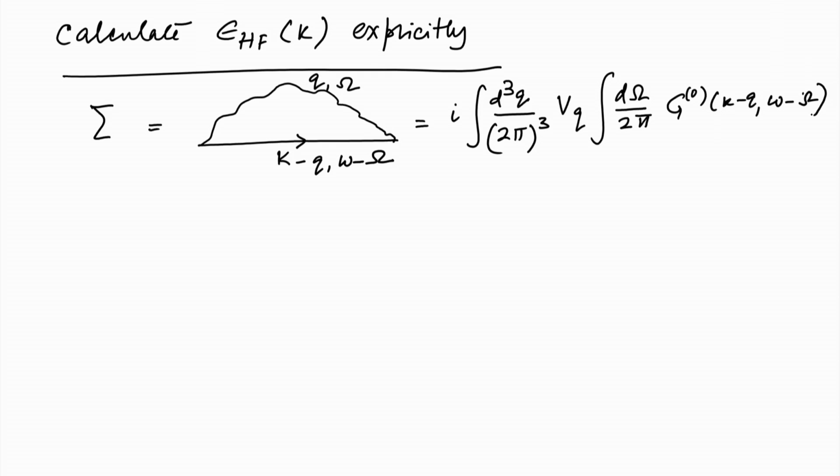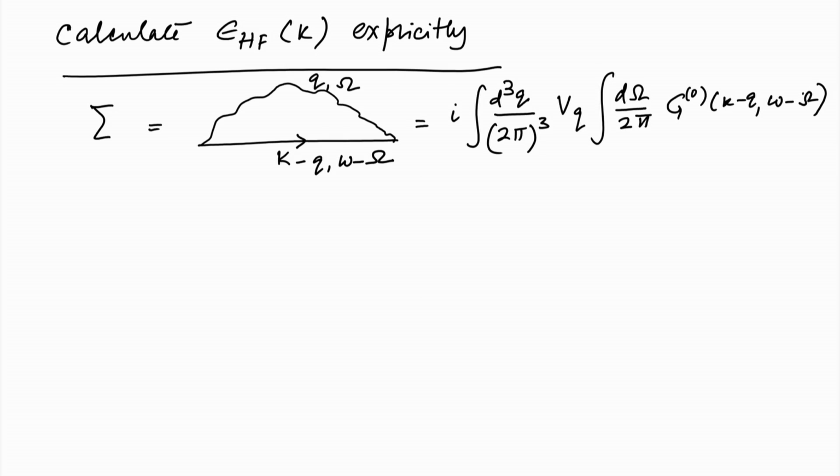So, it looks like if we can calculate this integral, then we would be done in doing an infinite order perturbation theory, or rather we can get the Dyson equation, calculate the full Green's function and know what the self energy is. So, this is the expression for the self energy, and this requires us to calculate integrals such as